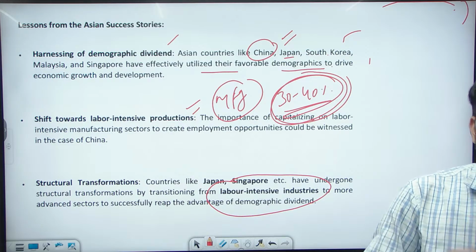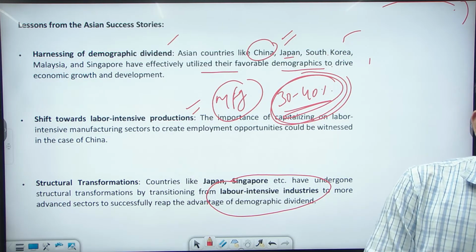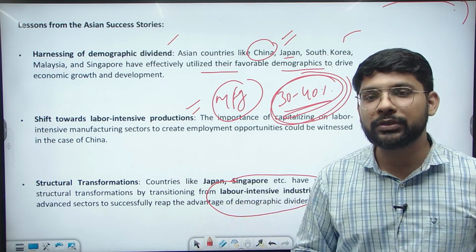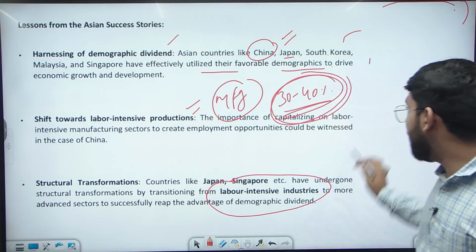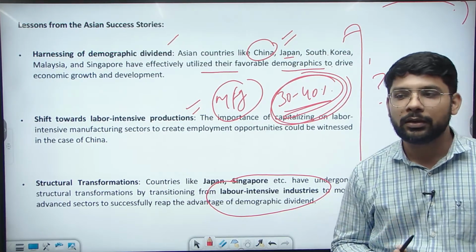But there is the opposite condition in India. We transitioned first to the service sector. Now we are transitioning from service to the manufacturing sector. This is the opposite of the condition for any country to grow. So we need to focus on what the policy of India will be to use the demographic dividend